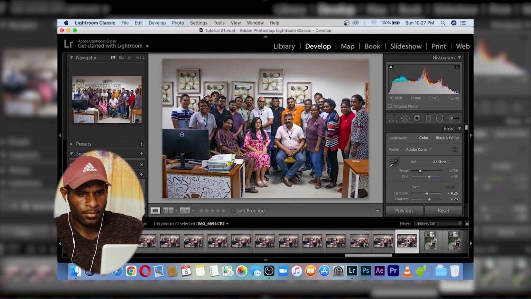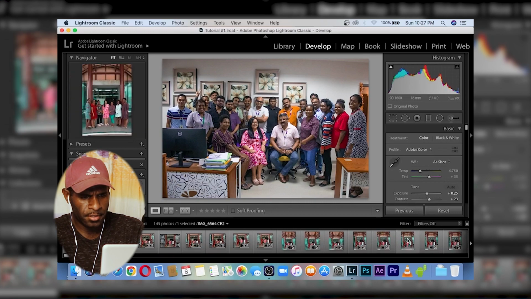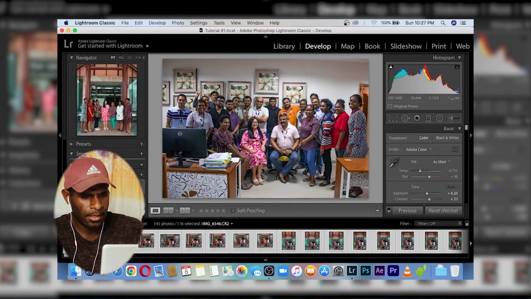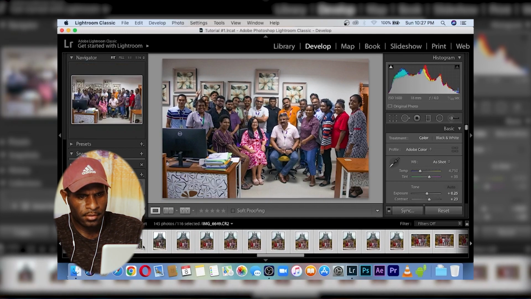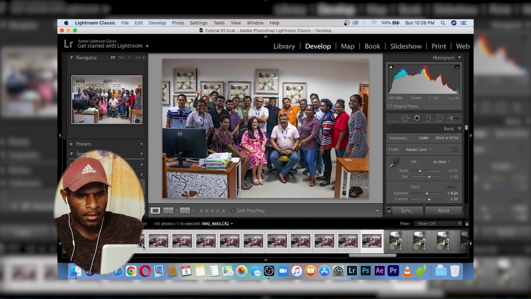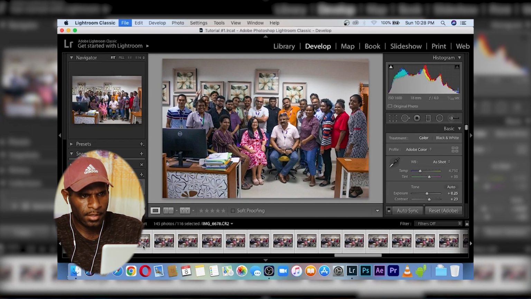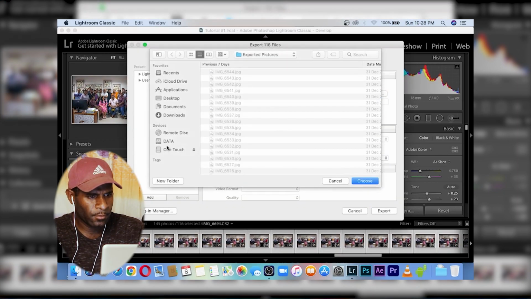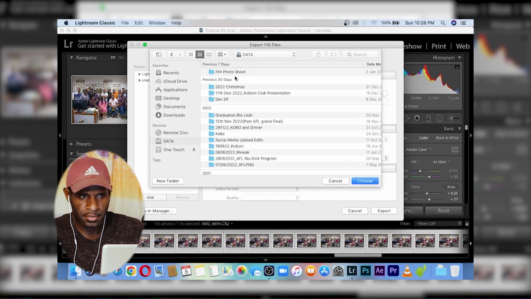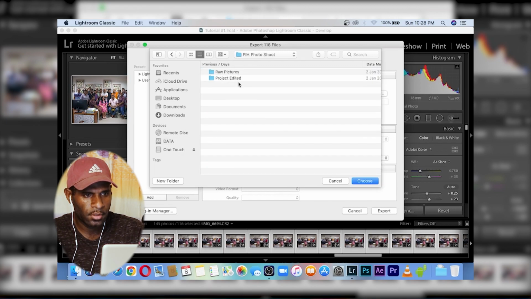Right, we're done. So now we're gonna export all the pictures. Just highlight all the pictures that you want to export, and then press Shift Command E, that's the shortcut for export. Then you choose the specific folder that you want to export your pictures to. So here you go. But for us, with PIX Photoshoot, and we'll say